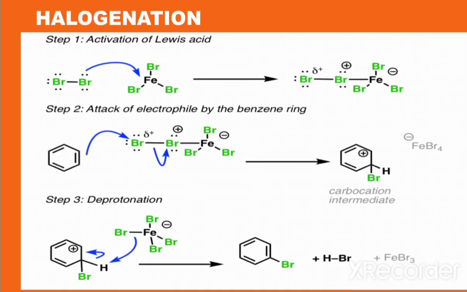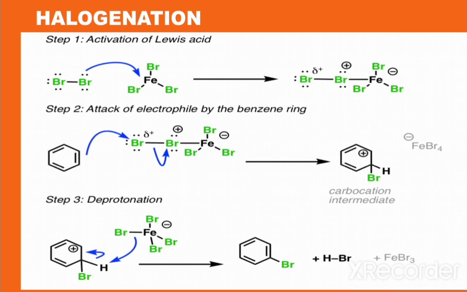And the next one is halogenation of benzene. So basically, halogenation means the addition of a halogen to a benzene ring, and it will proceed in three steps. First is the activation of the Lewis acid, and